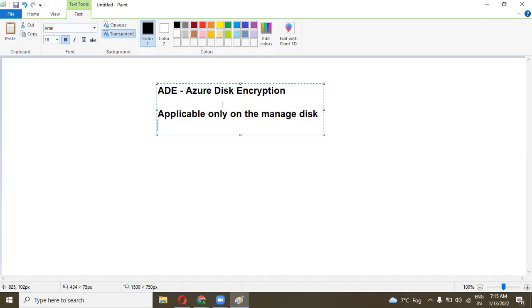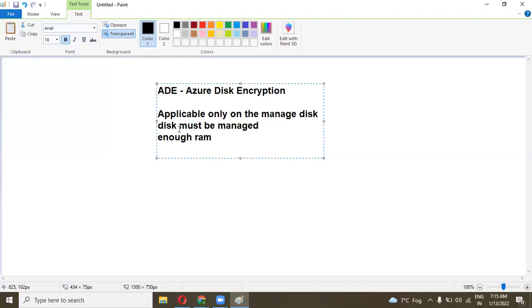The disk must be managed and you must have enough RAM. Sometimes it does not work on 4 GB RAM, or sometimes not on 2 GB RAM. So it requires 8 GB RAM for the internal process.